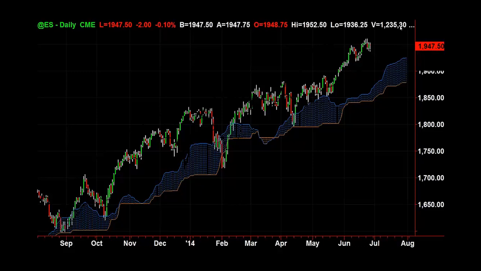All right. Now, the second theory here: above the cloud is bullish, below the cloud is bearish. The support of the cloud is going to act like a nice little fluffy cloud and bounce off of it, or a mini trampoline. You see where my mouse is? Bounce, bounce. That one didn't work too well. Nice little fluffy cloud, bounce, bounce, and then bounce. Everybody got me so far? Pretty simple so far, right? So as long as this thing stays above the cloud, it's going to act like a trend line. We're going to respect that.